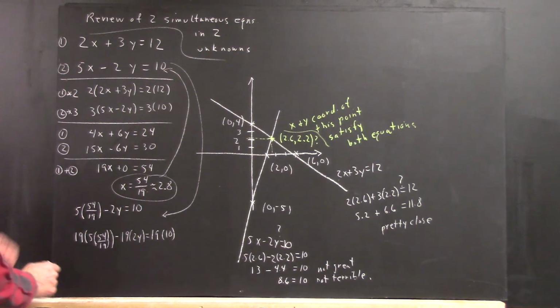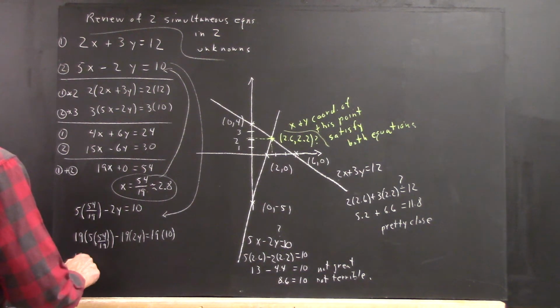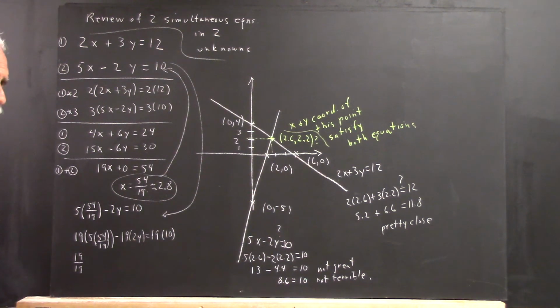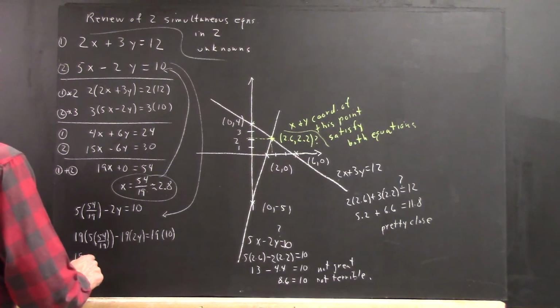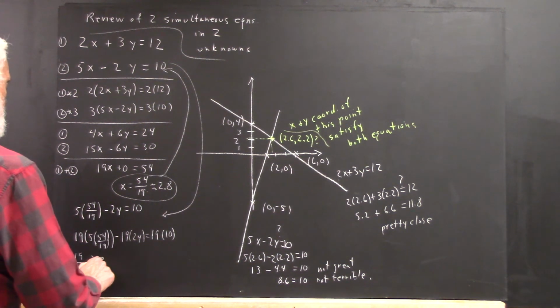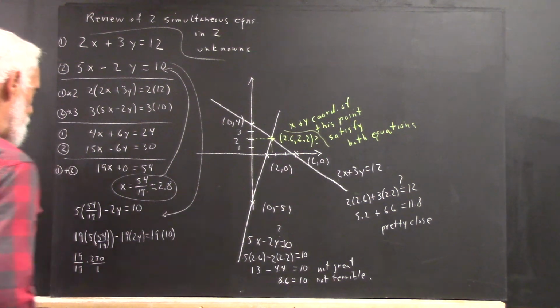Well, this can be arranged to give us 19 over 19. Note that I don't acknowledge cancellation in this course. 5 times 54 is 270 over 1